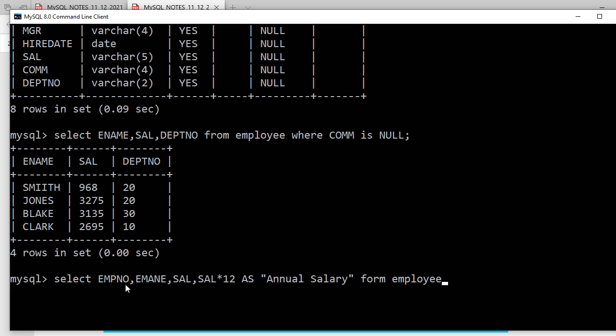Sir, check the spelling: from employee. E name is the spelling. Okay, salary and salary into 12 as annual salary from employee. Now what am I going to write? Where salary is null or not null? Sorry, where commission is not null.